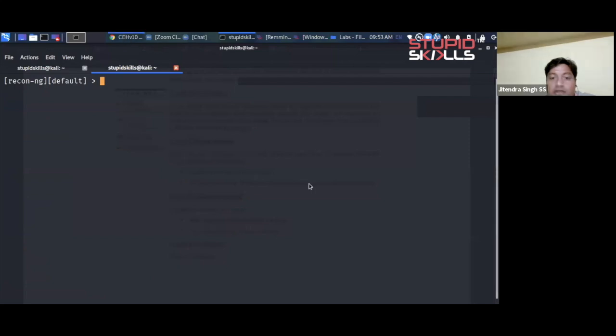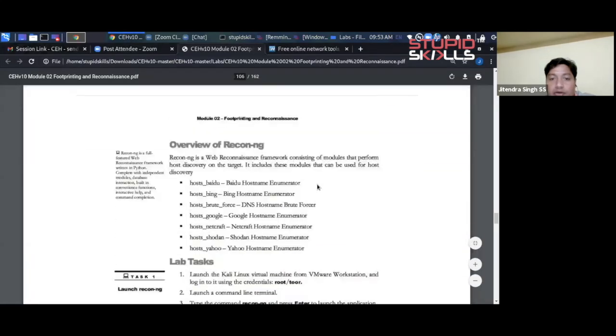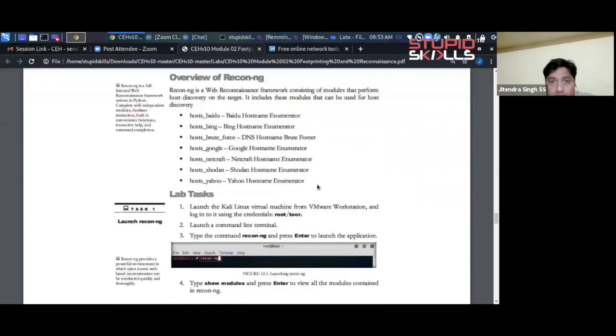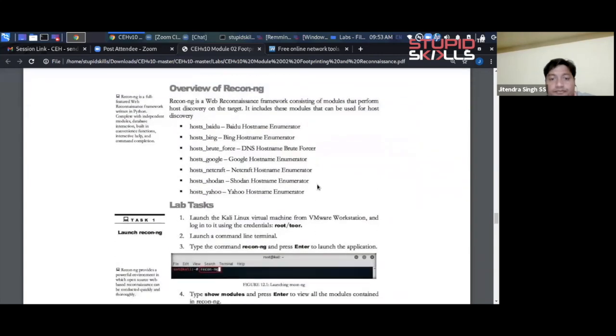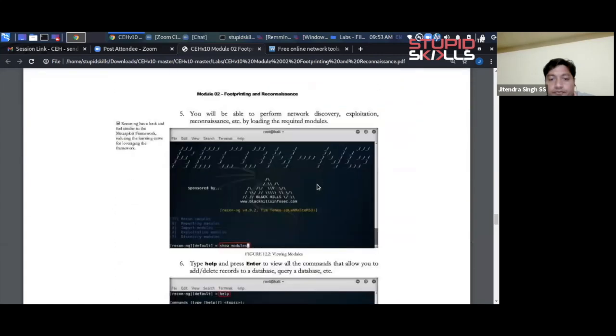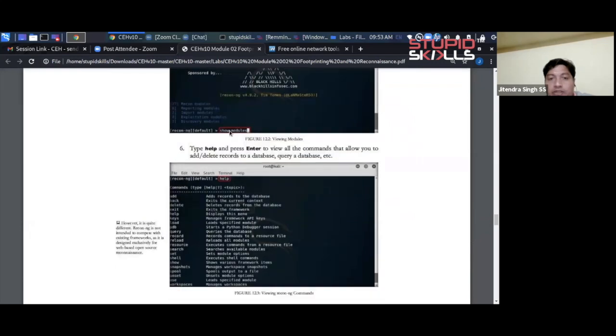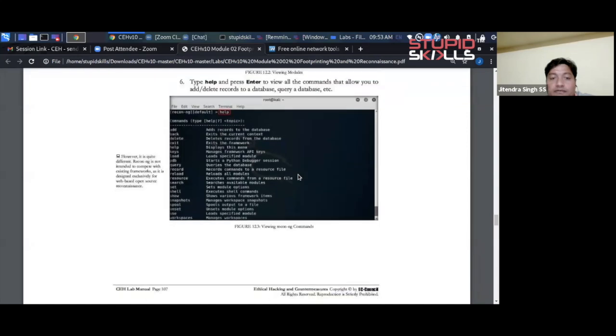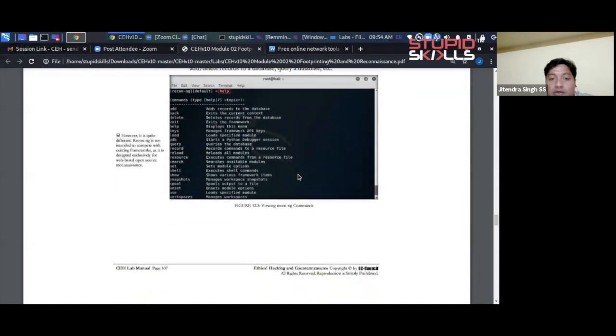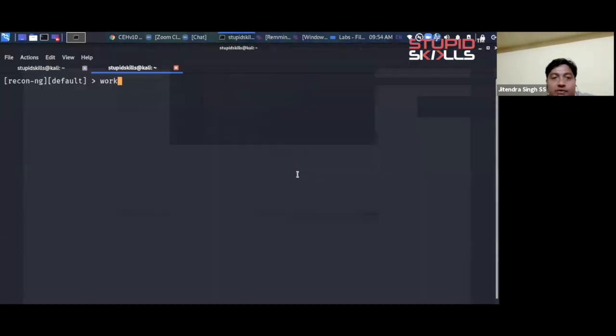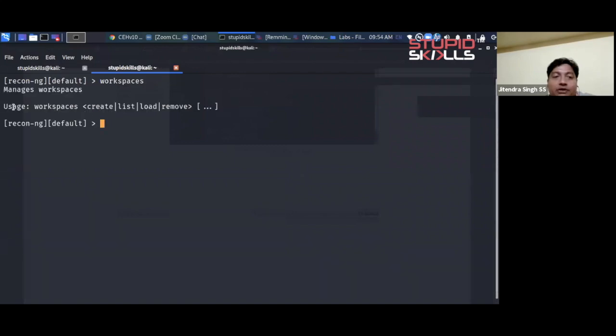So let me try just one command from the lab document. These are actually outdated commands, like show modules and all. They were there in the previous version. As far as workspaces are concerned, if you don't give any option to a particular command, then it automatically gives you a usage, that you can either create, list, or load a workspace. So let's